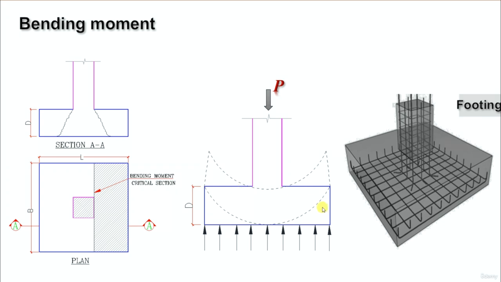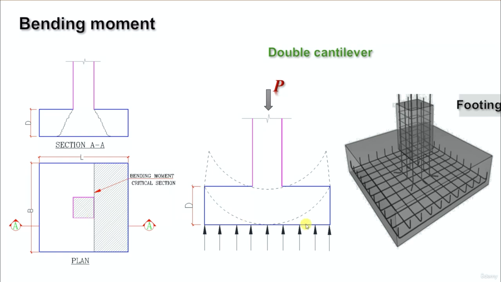Because if you see this picture, you can come to know whenever the column load is applied on the footing, it bends like this. So it looks like a double cantilever. You can see if you turn upside down, it will behave like a double cantilever beam. So this will act as a support, and this side is also cantilever, this side is also cantilever. The same way footing also behaves. So that is why the maximum bending moment is more at the support. So the bending moment is more at the face of the column since it is a cantilever. So that is why the critical section is located at the face of the column for footing.